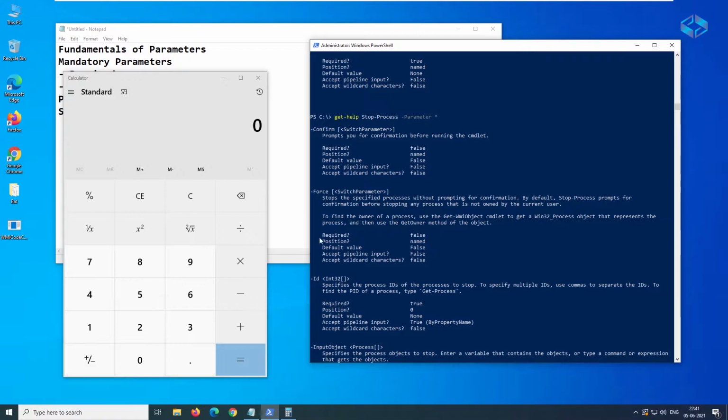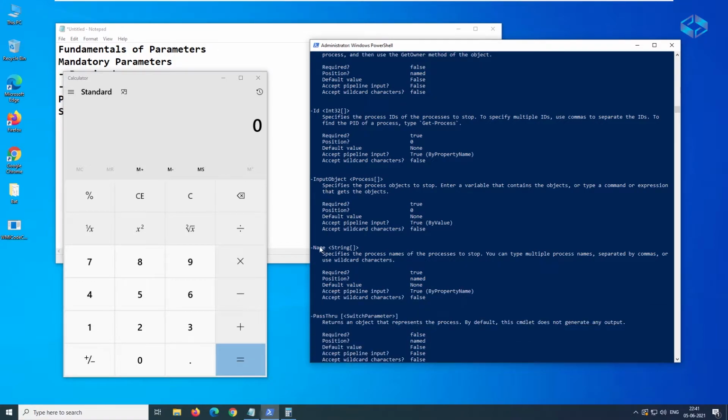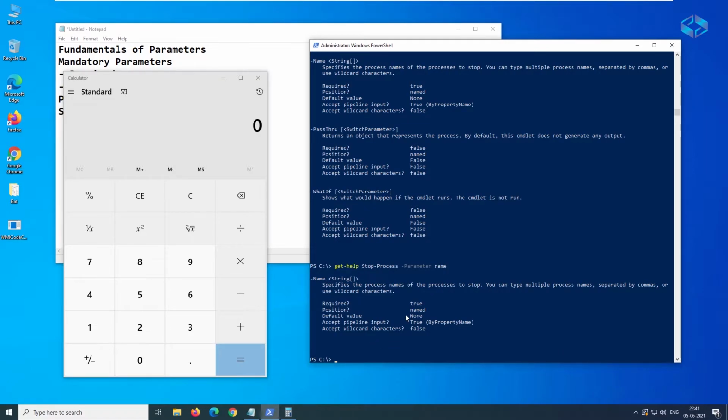So you can see Confirm, false, ID. You can give an ID, the process ID, and also you can give a name and others, whatever parameters are available. Now let's talk about -Name. Instead of star, I'll give name, and you can see here required is true and position is named.